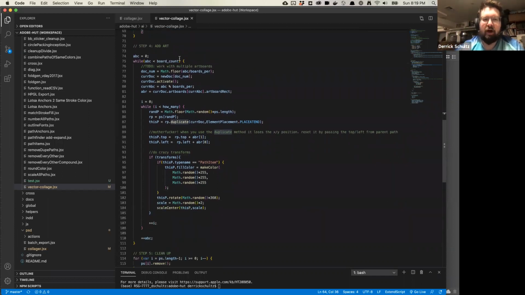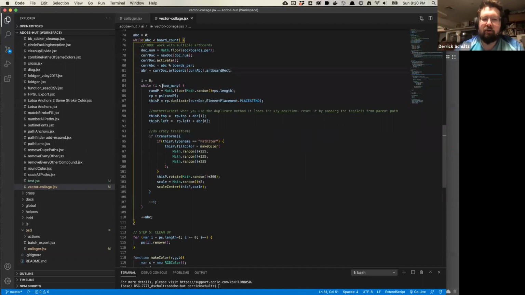So this step says for however many boards we're going to produce, we want to pick our artboard. This is again very, very complicated because you don't place art in an artboard, you place art on a document, and you have to know where the artboard is. We need to make sure we're tracking the latest document. Then we need to activate that document, and then we need to figure out a bunch of positioning stuff here. If you're really interested in the depth of this code, I'm happy to walk through it. But this should just work for you out of the box, though it gets a little complicated here.